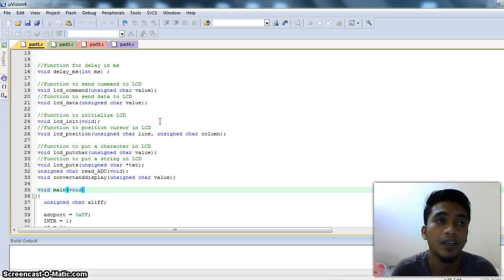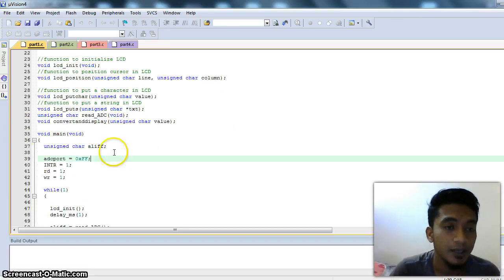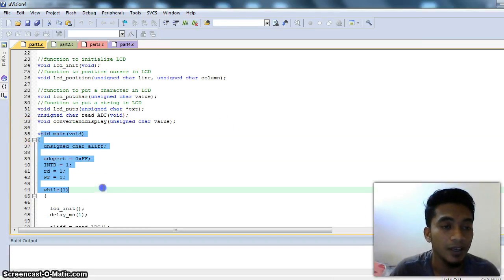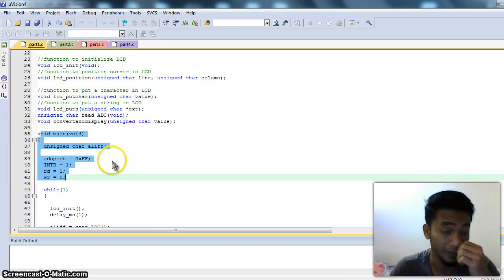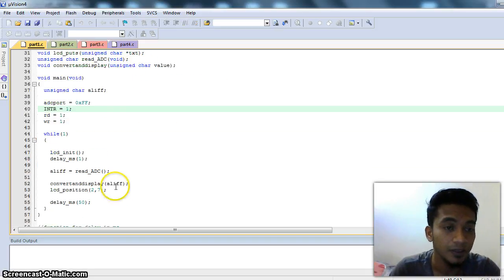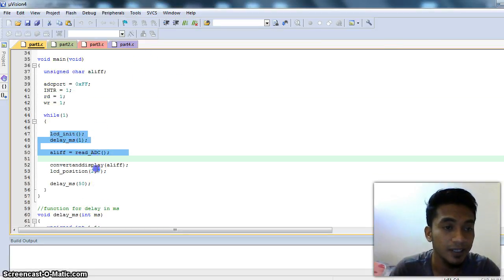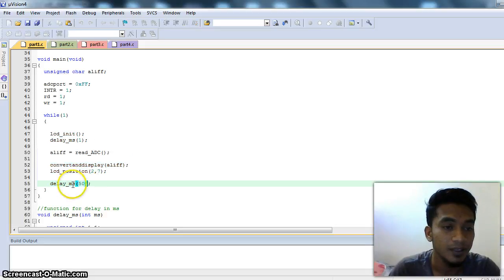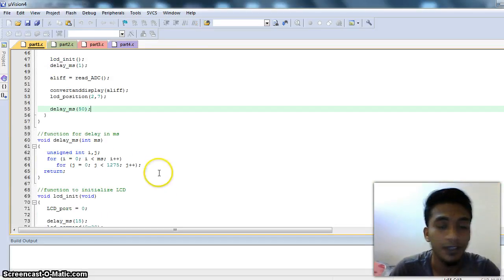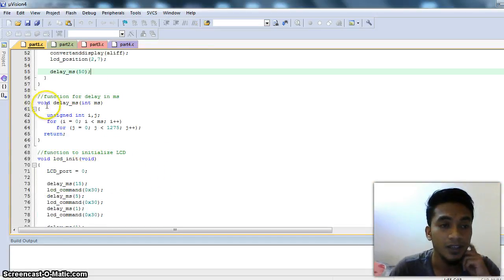This code is fixed, which means we can just copy it and use it for other tasks that have an LCD. And this is the main function. In this function, we set the port for the ADC, and this is for the LCD. This is the delay function.